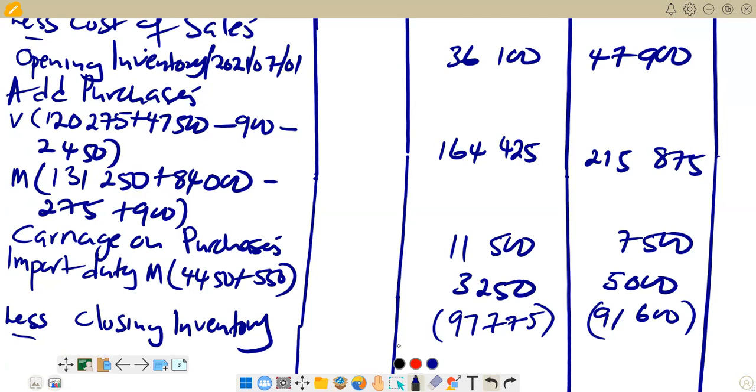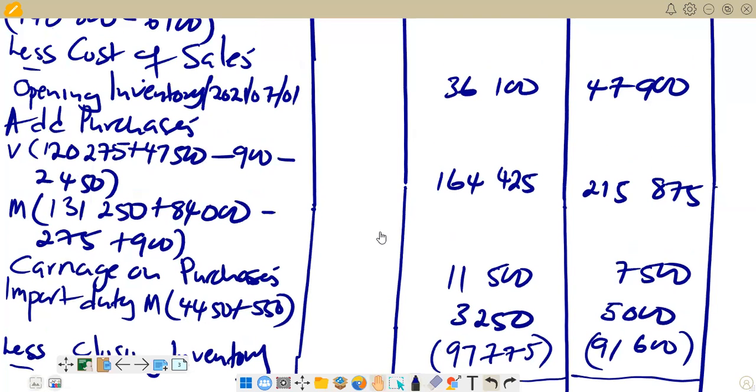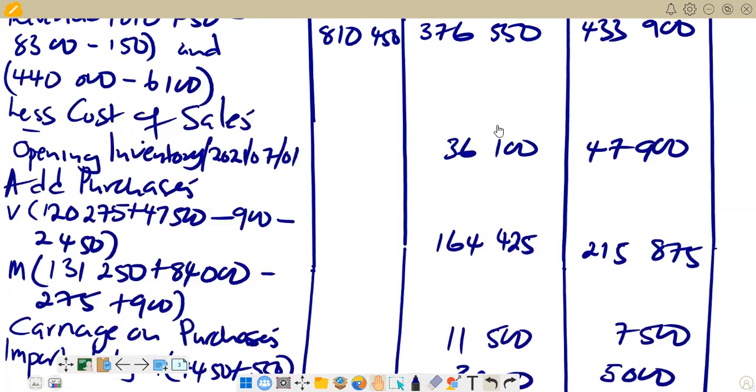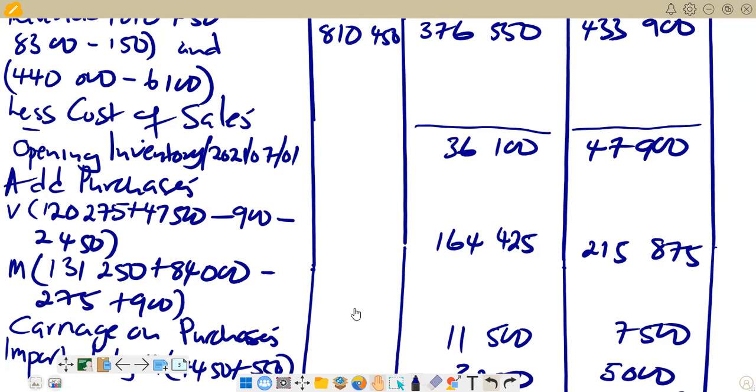So here now we close here, and the final figure is cost of sales. Here we are going to show it there as cost of sales. So the figure for cost of sales is supposed to come here. So we are making the calculation there by saying